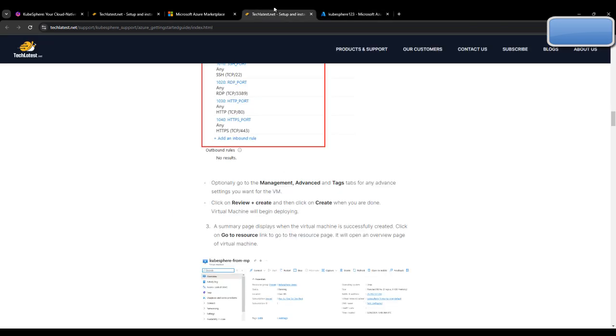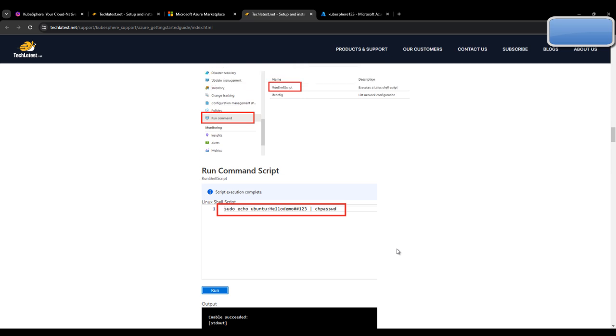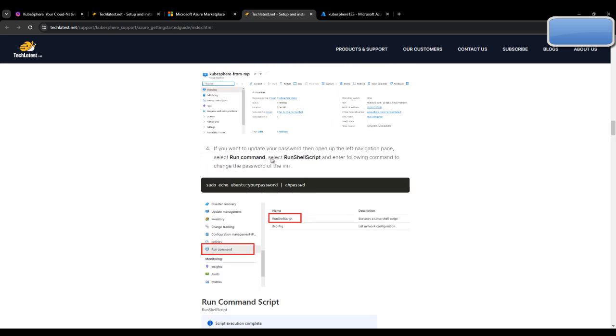Now what do we have to do next? Let's go to the website. Yeah, but this is one of the most important steps. If you want to update your password, then open up the left navigation pane, select run command, select run shell script, and enter the following command to change the password of the VM. I'm not changing the password right now because I have already set up my password. For example, if you forget your password, then you can also change the password after setting up the VM. Okay, so what we have to do, you have to simply run this command in run shell